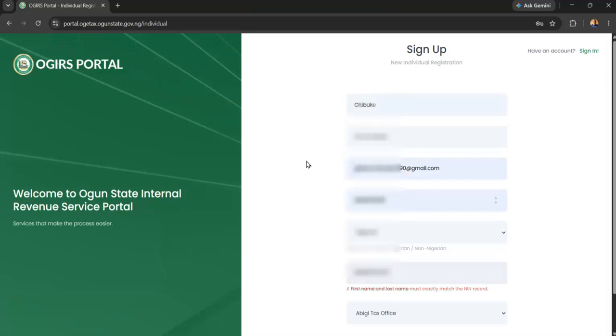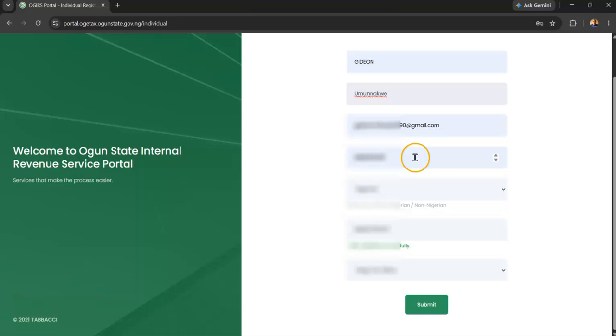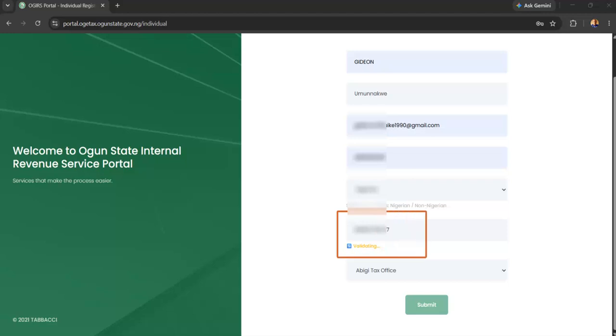Now we have filled the form, supplied our first name, our last name, the email, the NIN number, and you can see that the system will validate that NIN number. Very, very important to supply correct information. So once you are done, you can simply submit, and you receive an email containing your state TIN and the password with which you are going to log in for the very first time. So click on submit,